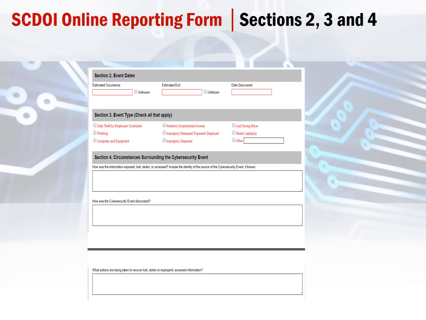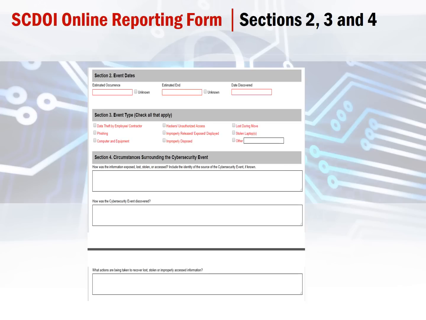In section 3, we're just looking for what type of event. It could be multiple things, so just check all that apply. We're going to learn more information as you work through your analytics and as we're talking throughout the process afterwards. But if it's a phishing attempt or some other type of unauthorized access, you can go ahead and check off those boxes, so we at least have an idea immediately of what we're dealing with.